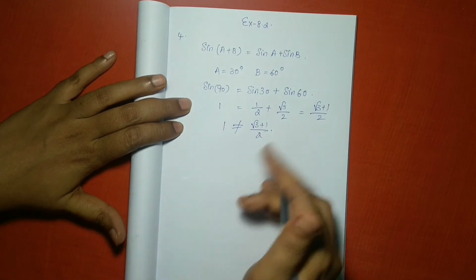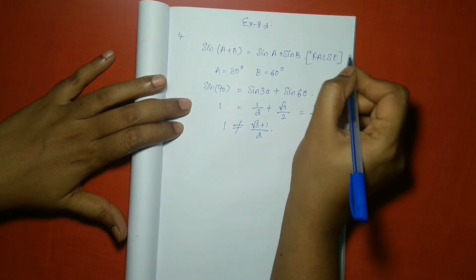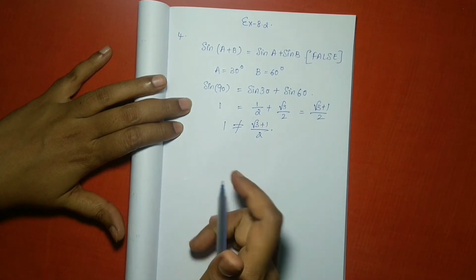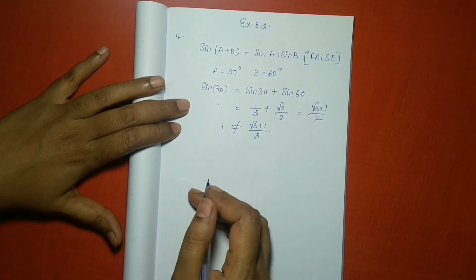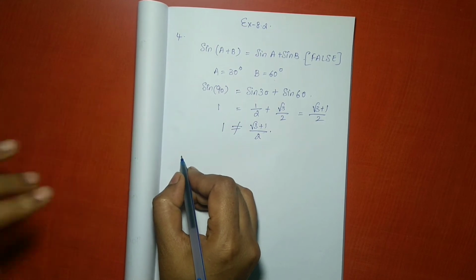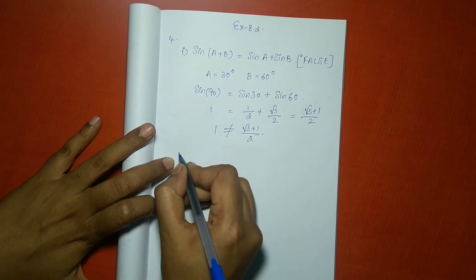So the given statement is false. You can take any other value and prove that these two are not equal. So sine of a plus b is definitely not equal to sine a plus sine b. So this is the proof for that. And the second problem here is